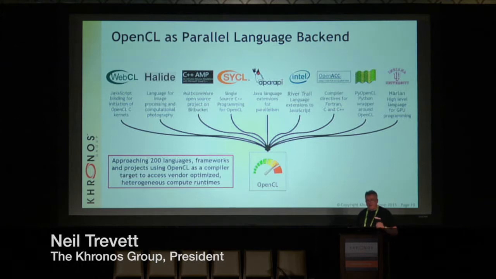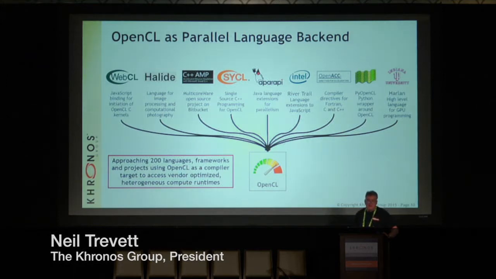The other big trend is that many people are using OpenCL directly, but even more people are using OpenCL indirectly with higher level languages and frameworks that use OpenCL and OpenCL-C as a backend for a language, for example, a compiler target backend. We've actually now counted over 200 different frameworks that are using OpenCL as a backend,